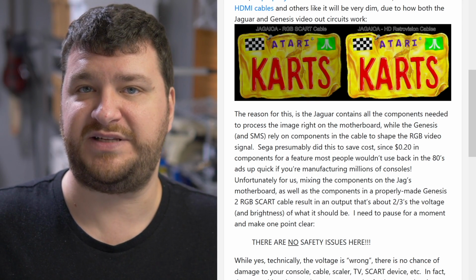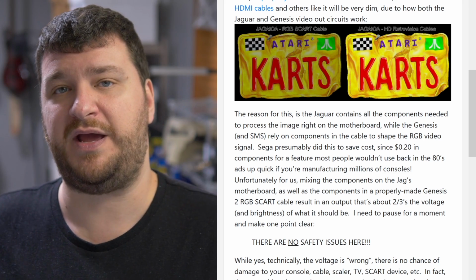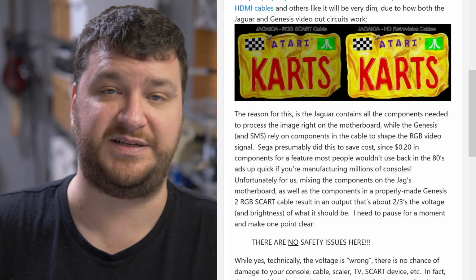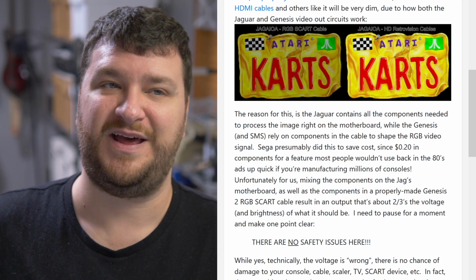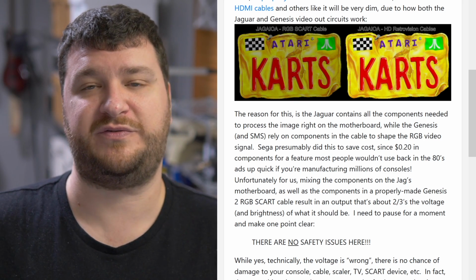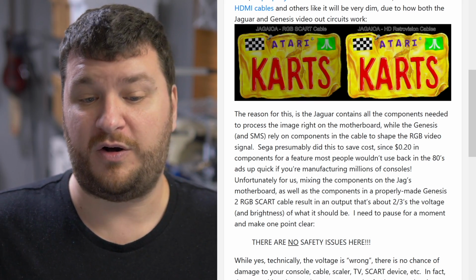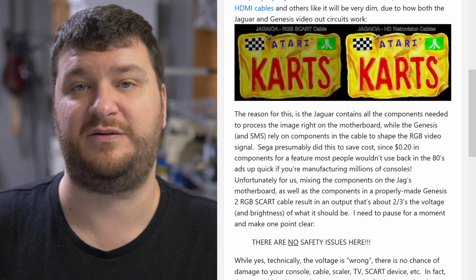And I completely understand, because I understand both sides. It seems like, why would you do it that way? But the alternatives are the tricky part. So Humble Bazooka could have done something like used a Saturn multi-out, but then Saturn cables are harder to find. If you wanted to use HD Retrovision, you also have to buy the adapter, and there's a whole bunch of other Genesis 2 related stuff out there that might work fine, and people might not even care about turning the brightness up. Also, they could have added an amp to the circuit, but that's more cost, and once again,